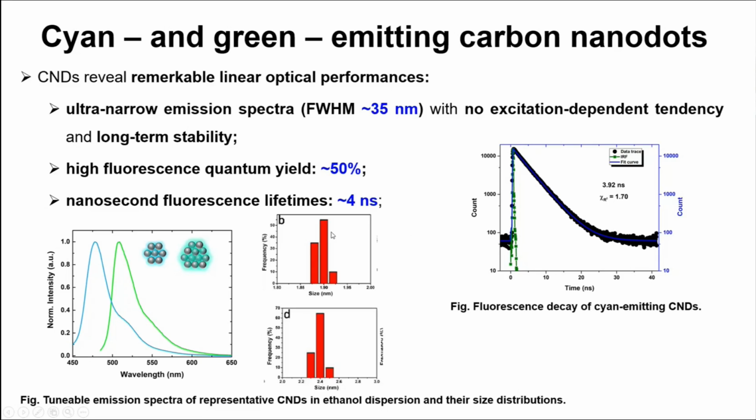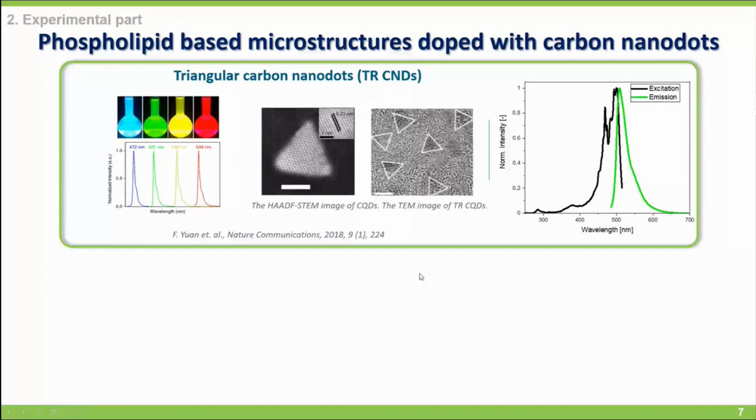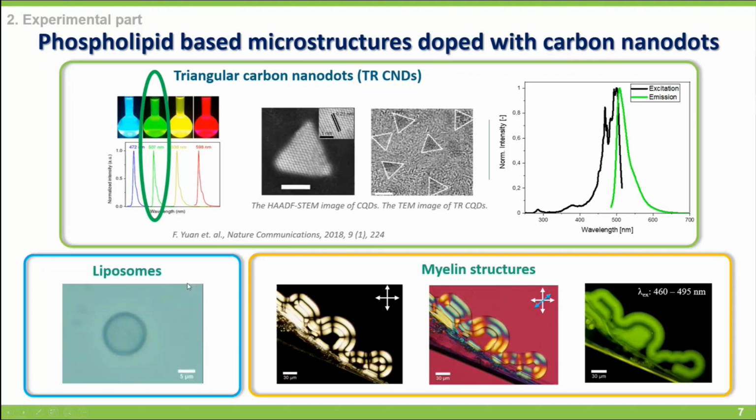And as seen before, the sizes are decisive for the color of the luminescence. So these ones are mostly 2 nanometers, and here we have 2.5 nanometer nanoparticles. The triangular nanodots were further scrutinized, and first we focused our attention on the green ones, and we were looking